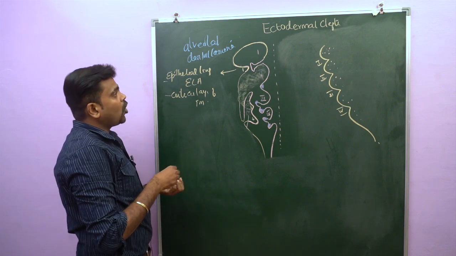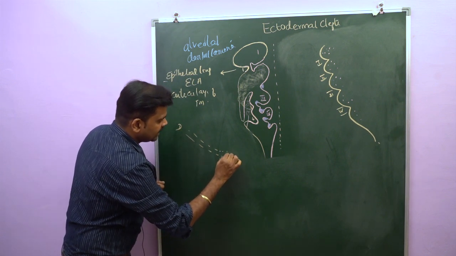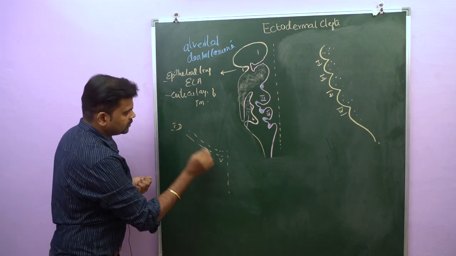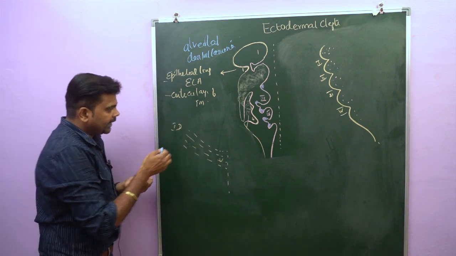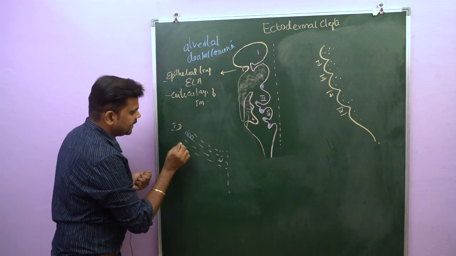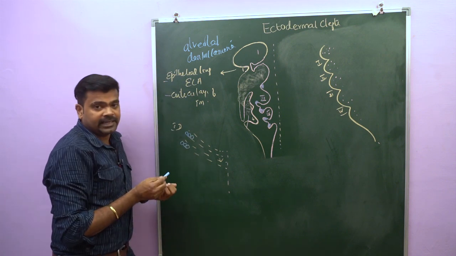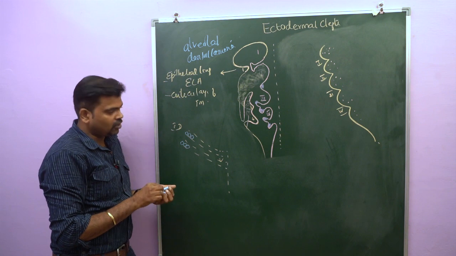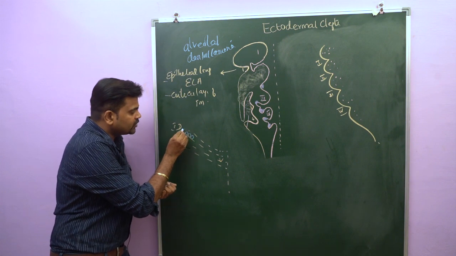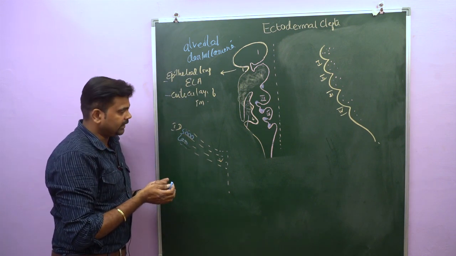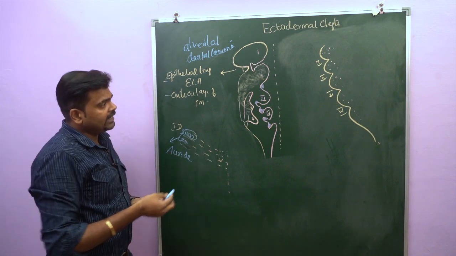Now you can see along the caudal side, if we talk about the pharyngeal arch, we have a dorsal end and this is the ventral end and this is the midline. So this is the first pharyngeal arch and this is the second pharyngeal arch. So this is the dorsal end. In the dorsal end, the mesodermal thickenings will be seen, 3 of them, along the caudal border of the first arch and the cranial border of the second arch. This mesodermal thickening is seen around the first ectodermal cleft and gives rise to the auricle, or you can say pinna.